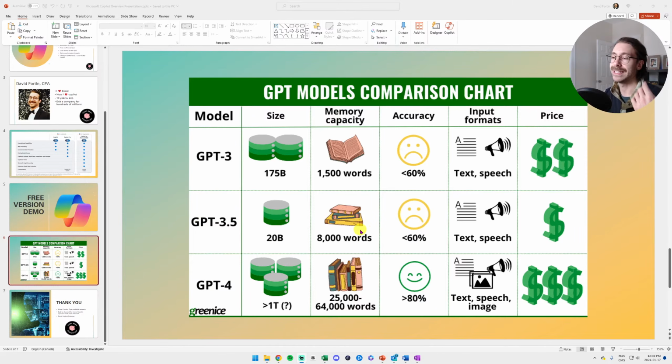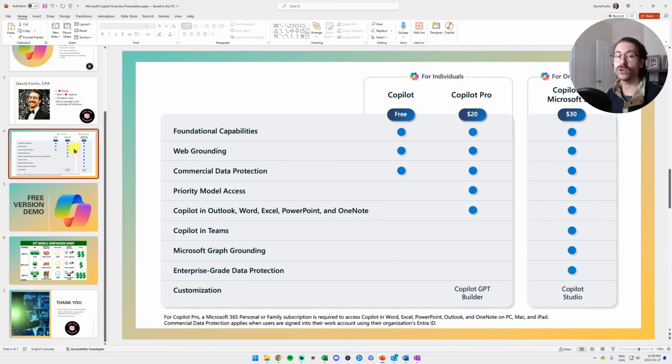I'm here in the middle. It can generate 8,000 words, while GPT-4 can generate 25 to 64K words. It's more precise, and it can also read images, which GPT 3.5 won't be able to do. In other words, if I go back to this slide, if you are on the free version, you are going to be on a less performant version of Microsoft Copilot. And of course, you won't have access to Microsoft Copilot in all these apps that I just showed. So basically, the biggest improvement is more accuracy, more quality, and you have it integrated in your favorite 365 apps for 20